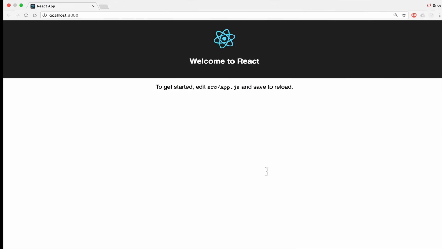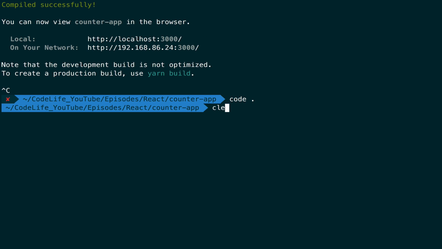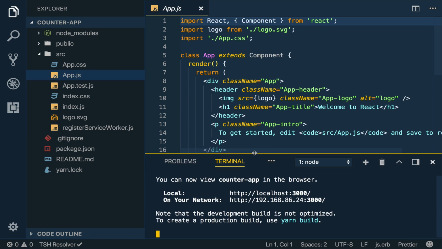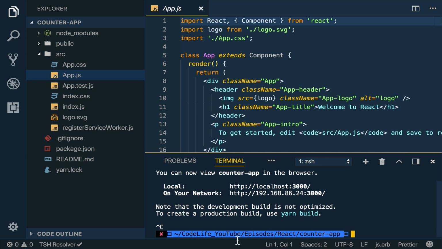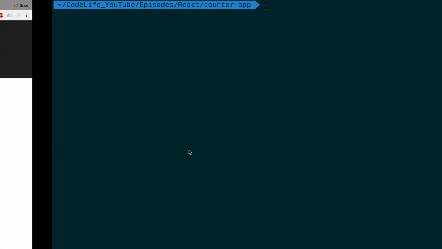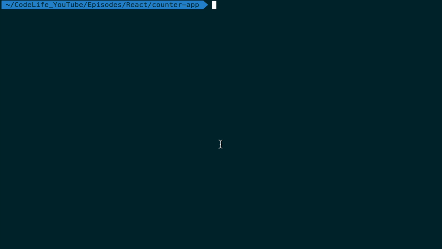Oh, actually, before we do anything else, from your terminal, you can do it in either one. You can do it from the terminal down here if you want. I'm just going to do it in the other one so it's a little easier to see. And so we need to install some packages. So we can say yarn add